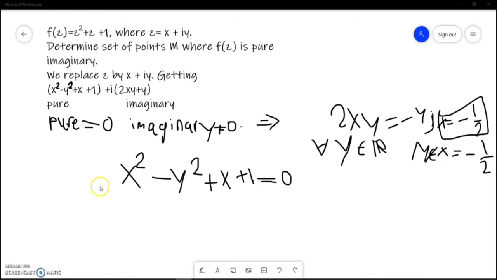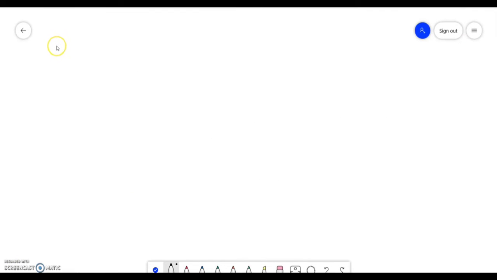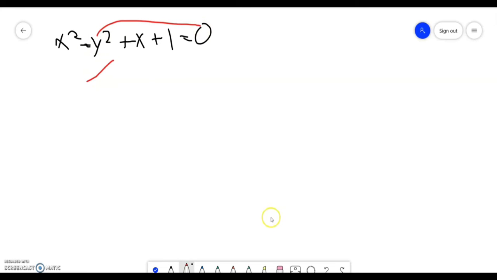Now let's move on to the second part of this, which is x squared minus y squared plus x plus 1 is equal to 0. For us, moving on now to x squared minus y squared plus x plus 1 is equal to 0. Here there's two ways in fact to solve it. Let's look at the first way, which is taking y to this side here and then solving it. So basically it would be y squared is equal to x squared plus x